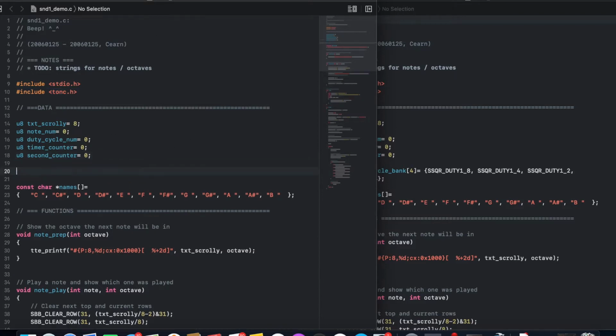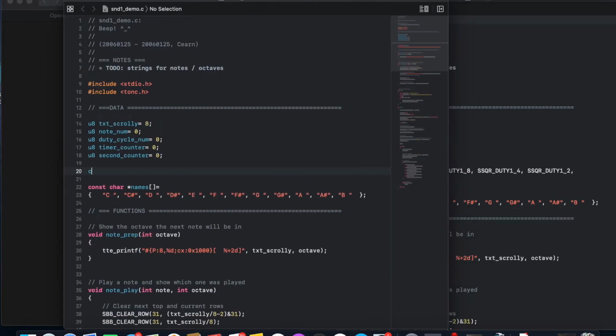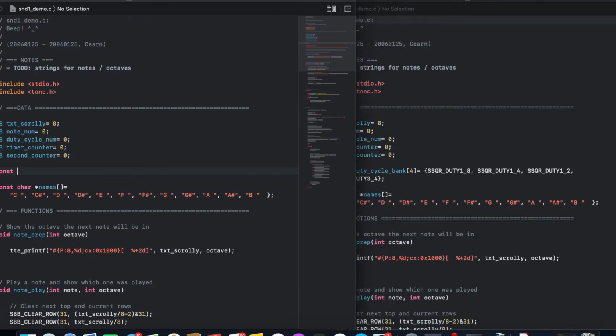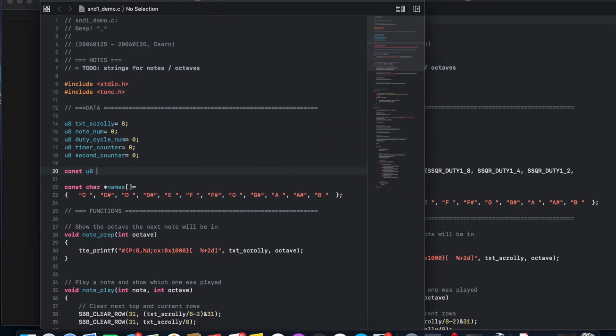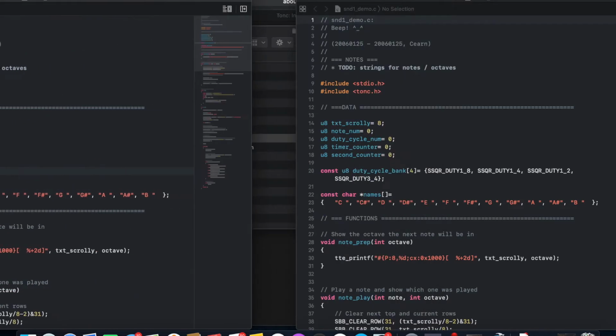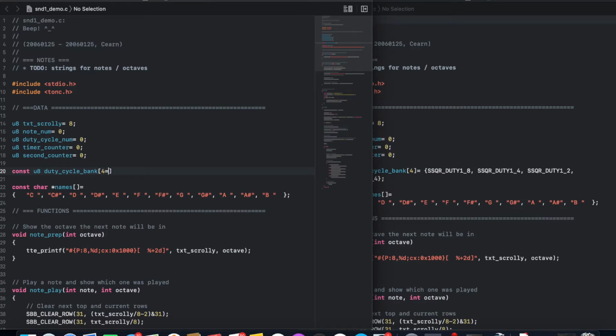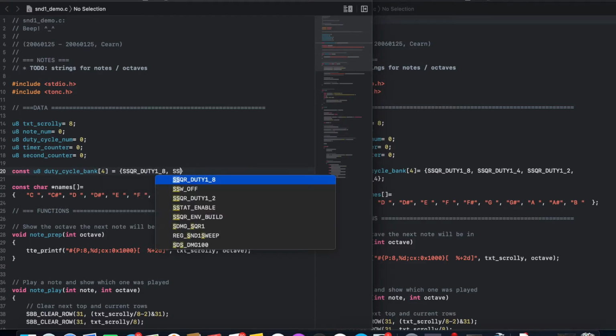So I'm going to go ahead and make an array of these duty cycles that we can pick from. And we don't need to modify this array, so we'll keep it const. And then duty cycle bank, and size 4, because we have 4 duty cycles. All right, go ahead and do SSQR duty 1_8, and then SSQR duty